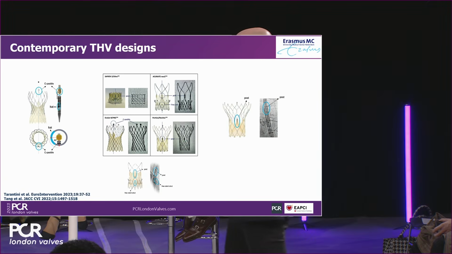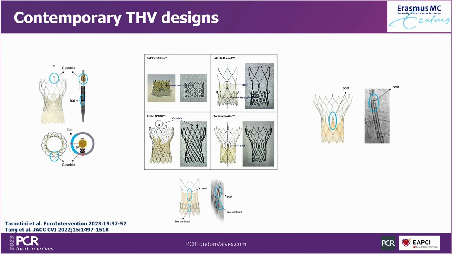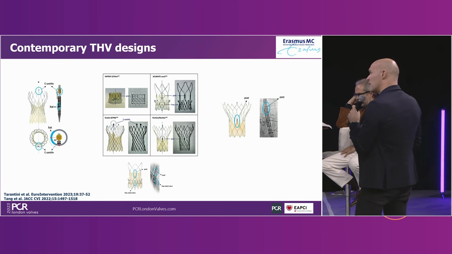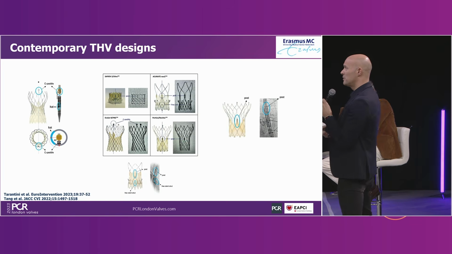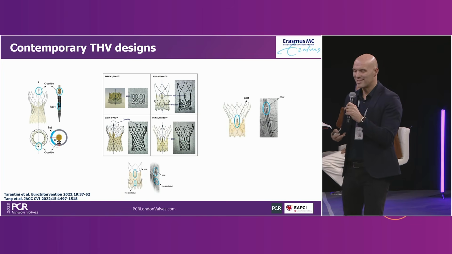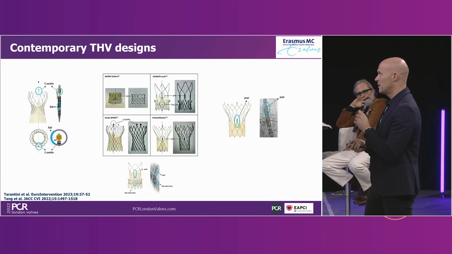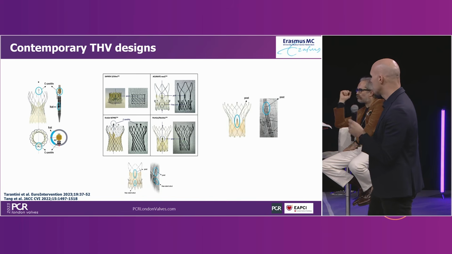So there are several references that you can use, and they're different for an Evolut valve as compared to an Accurate valve as compared to Navitor. For the time being, I'm not so concerned with balloon expandable valves, and if you ask me, the simplest way of commissural alignment can be achieved with the Accurate valve, but I think that Fadi is going to dive into that.